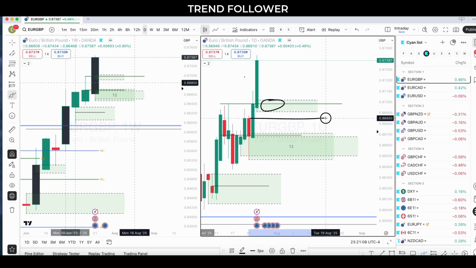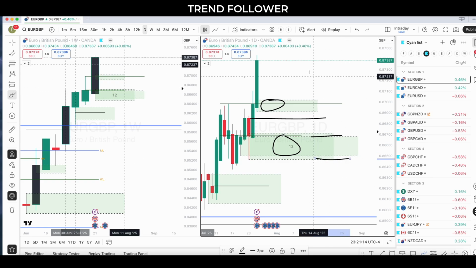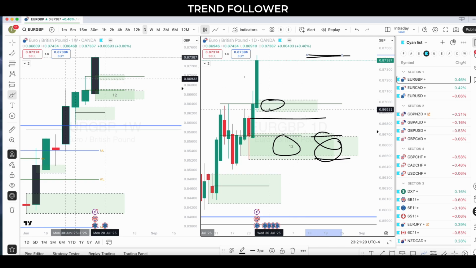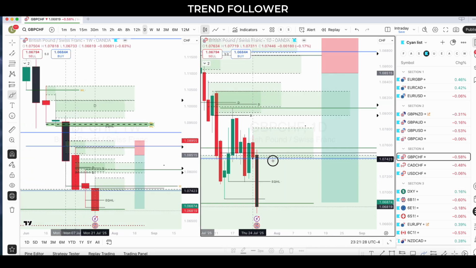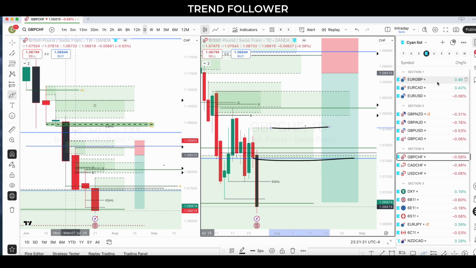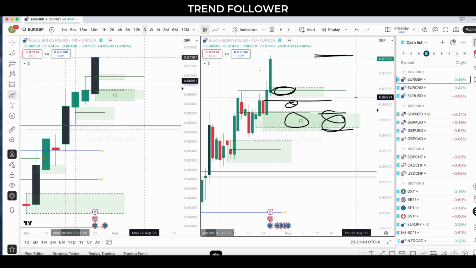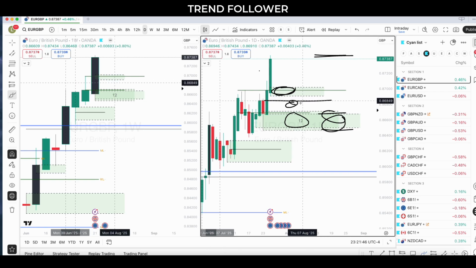The second is this area here, and the third is here, right? So the safest option obviously is this, where your entry is in this zone, your exit is here somewhere. The second safest option is here, and the third is here, right? So all of this will depend on GBPCHF for me. I want to see GBPCHF come in this supply. So that's where I think I would like to focus on, or I should say on two things. Either GBP USD comes in supply, right? Or this guy comes here, right? So that's where I will focus on, right?